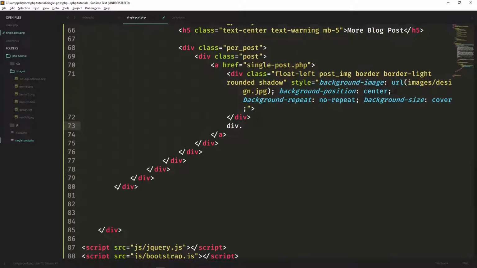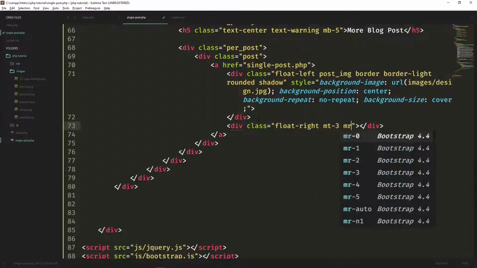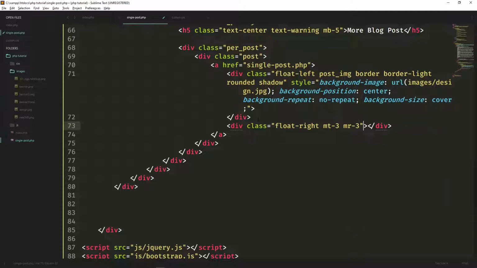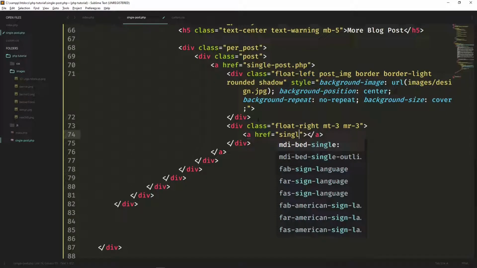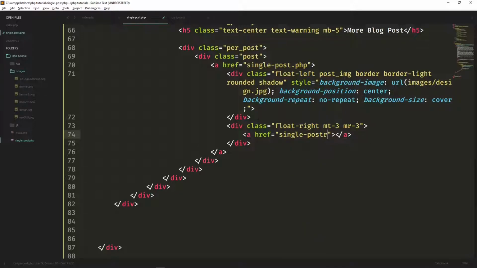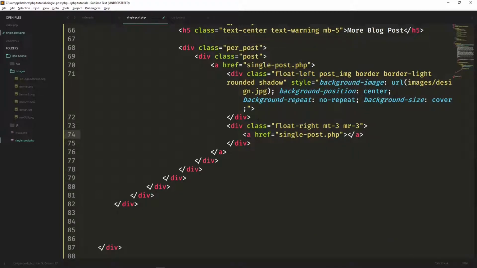So we'll have a class also, we'll call this float right, and it will have another class of mt3 and mr3, and inside of this will be the topic of the post, and this will also go to single post.php, and then inside of it we'll have an h5 tag,